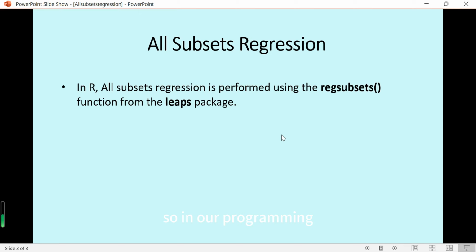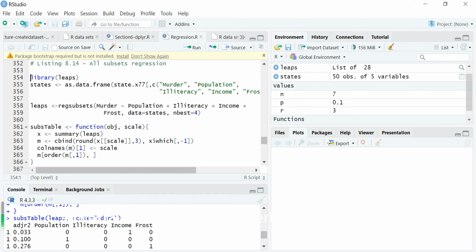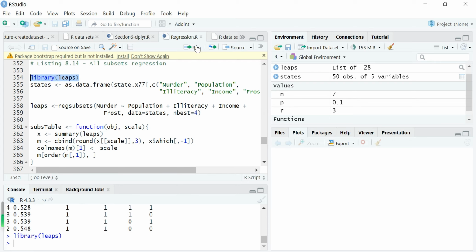So in R programming, if we want to use all subsets regression, we can use the function called regsubsets from a package called the leaps package. So next we will show how to perform this in RStudio. First we have to install the leaps package. Then we load this package and we create a demo